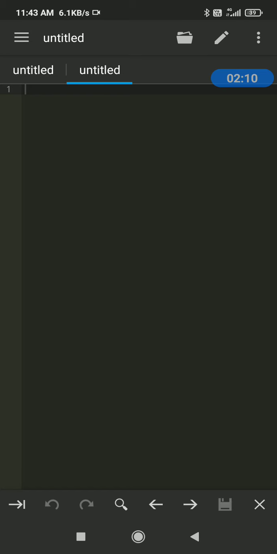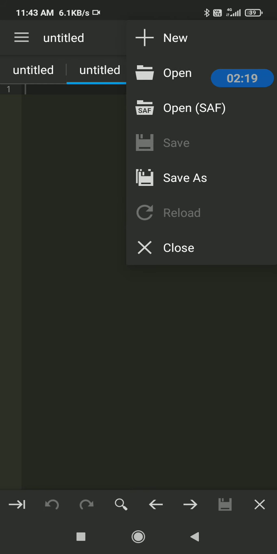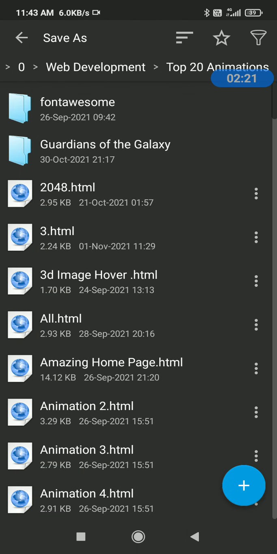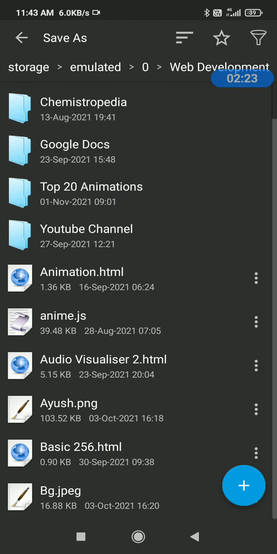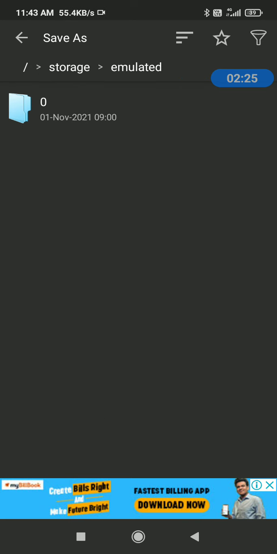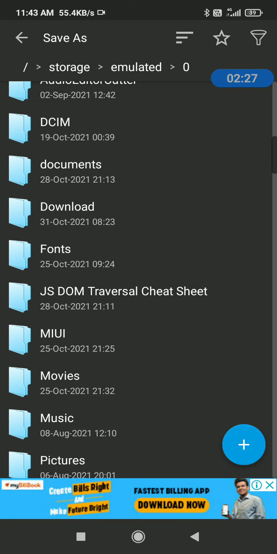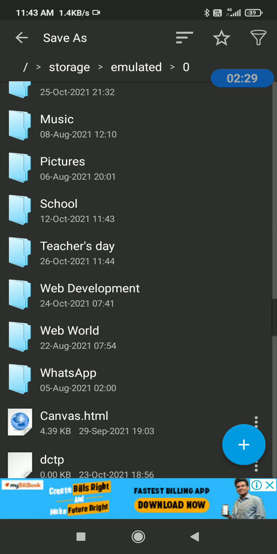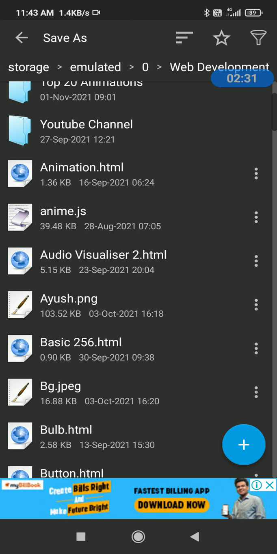So before we begin writing any HTML code, first we need to save this with any file name, and it should have the extension of .html. So I click on the file symbol and hit save as. From here you can select the destination. For now I go to storage, emulator, and this web development folder I am going to save it here. You can see a plus button in the bottom right corner.